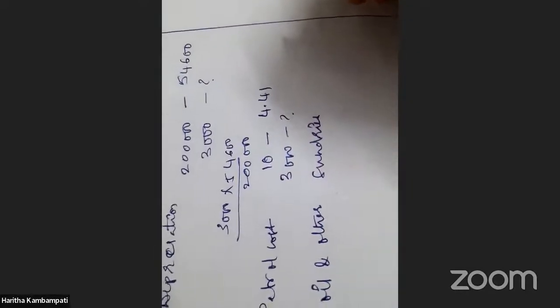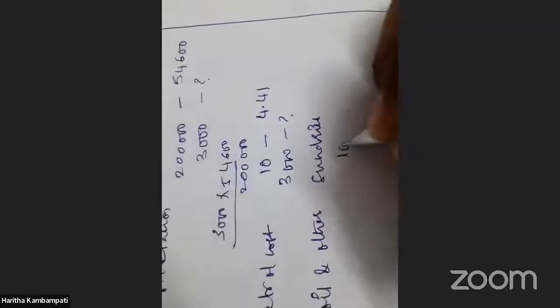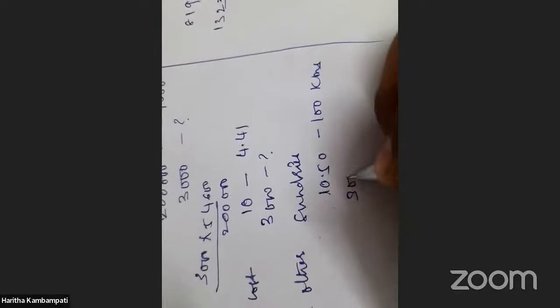Oil, other sundries. 10.50 for 100 kilometers. For 3,000, how much? Comes to 2,457. If you add these two,